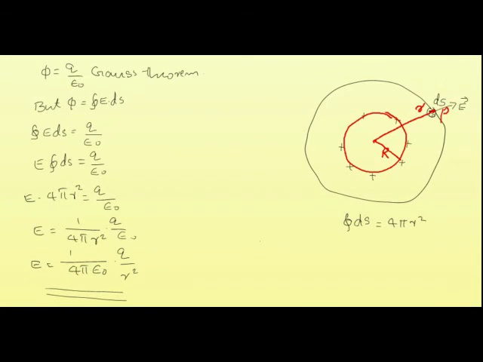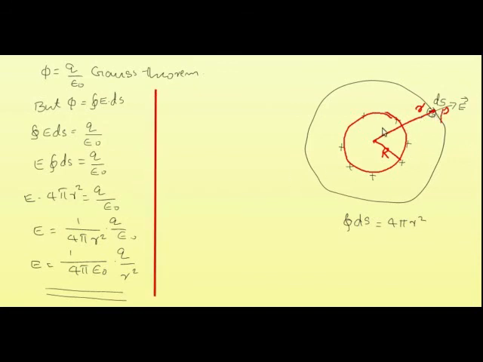Now suppose we want to find the electric field on the surface of this shell. So this is the case where the field is outside this shell. So this is the shell we are considering, and we are going to find the field at the point P from the shell, right? Now what is the electric field over the surface of this shell?